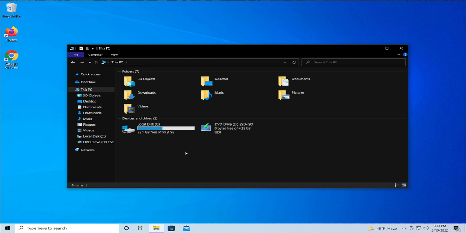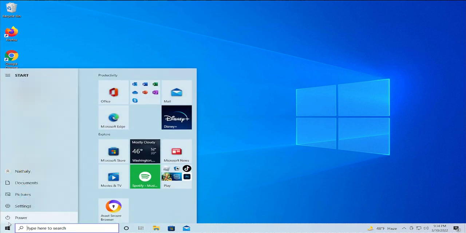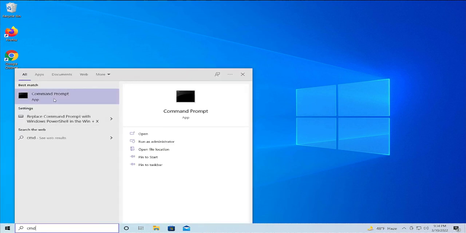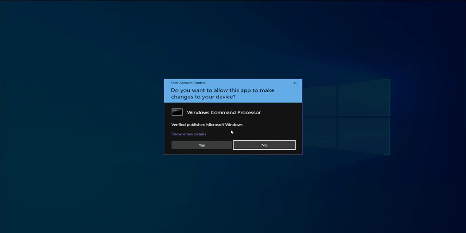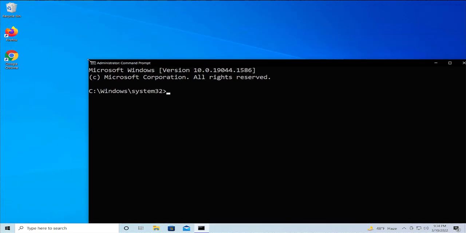In this case, I'm using local disk C for this example, and open up the start menu and type cmd. Right click on command prompt and select run as administrator. If you receive a user account control, select yes and type this command: